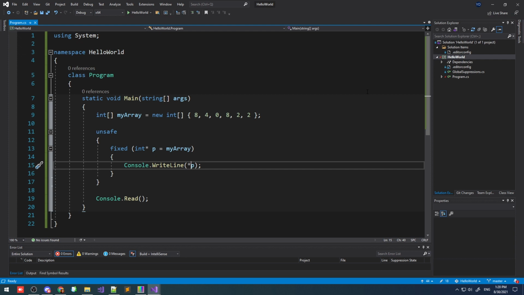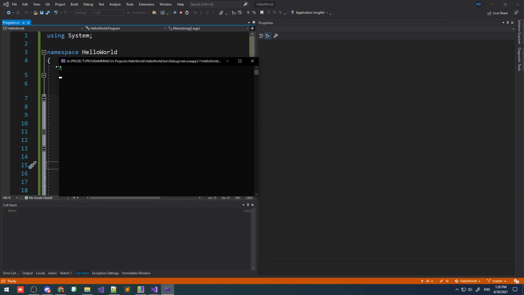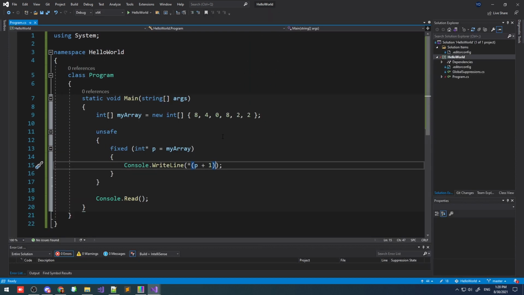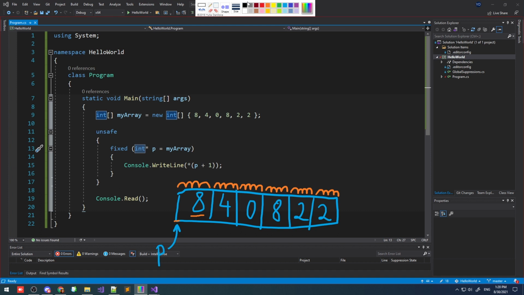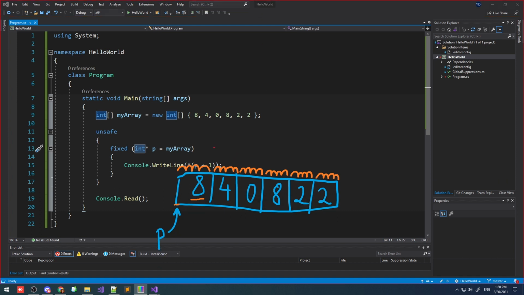If I put a parenthesis and say, hey pointer, go to p plus 1, well, the plus 1 part here means what data type p is pointing at, 1 times the size of that data type. Well, p is pointing at ints, and 1 times the size of an int equals 4, which means that p plus 1 will not be this byte right here, the second byte of the first cell. It would be 1 times the size of an int, 4 bytes, which would result in p pointing now to this byte.